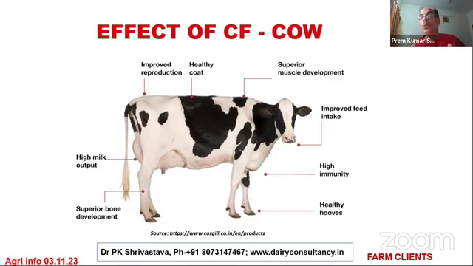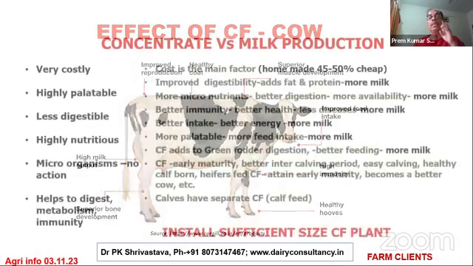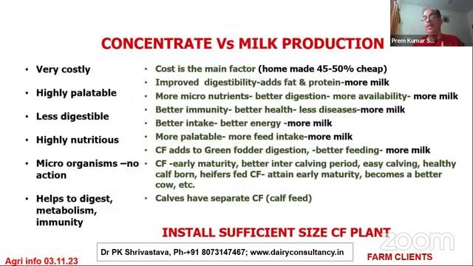See, if you are giving good concentrate and good roughage in balanced quantity, the coat will be shiny, and there will be improved reproduction, it will come in heat properly and in time, and high milk output. There will be the milk output which we want. We all want that. And superior bone development. The cow will not have fractures from a small fall. So these are the basic benefits of proper feeding, due to the physiology and the feeding. These are the basic things the cow is going to get, and that's what we also get if we give the balanced ration.